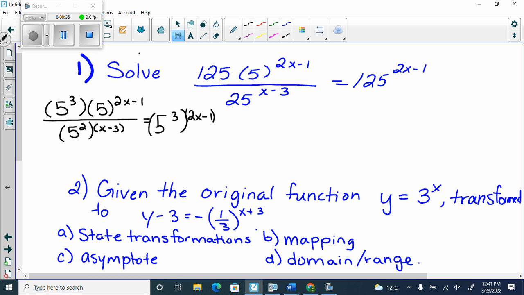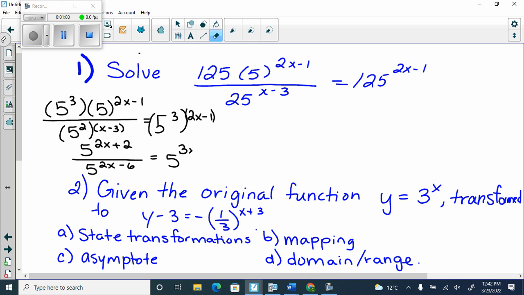I'm good at these. So we have to get the common base or we can't put them together, right? So when we have common base and we multiply, we actually add. So we're going to get 5 to the 2x and then 3 minus 1. So 3 plus negative 1 is plus 2, over 5 to the 2x minus 6, do not forget to distribute, equals 5 to the